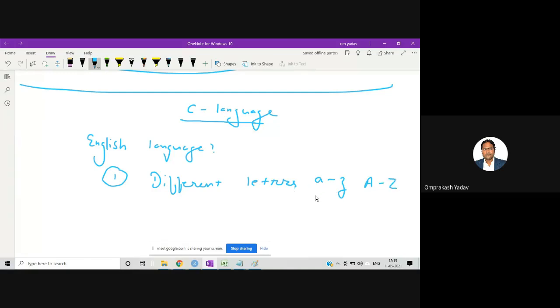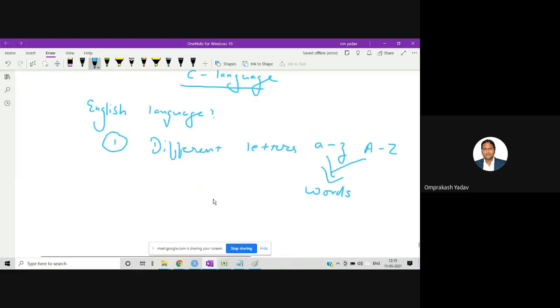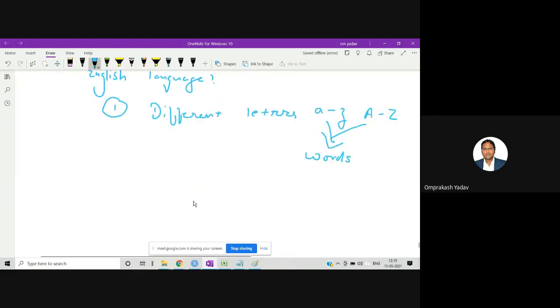And with the help of these letters only, we will later make words. So first of all, for any particular language, we try to learn what different letters are available in that language. Then after learning the letters, by combining those letters, we will make the words.